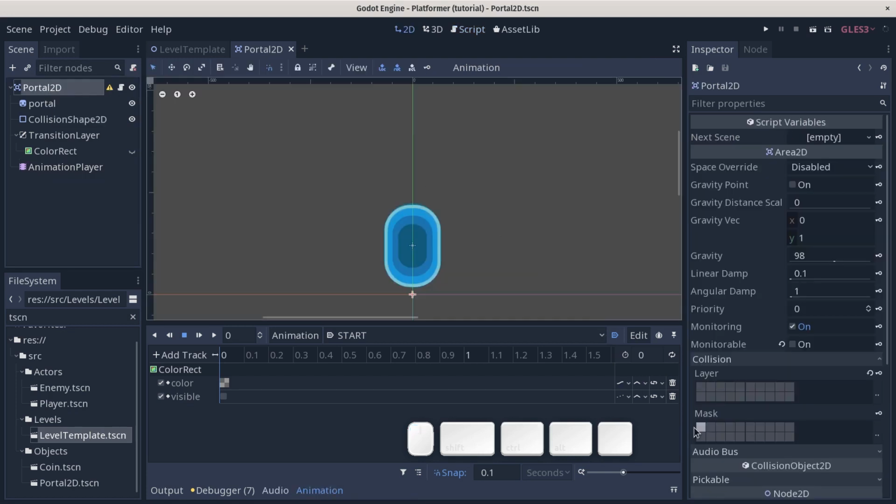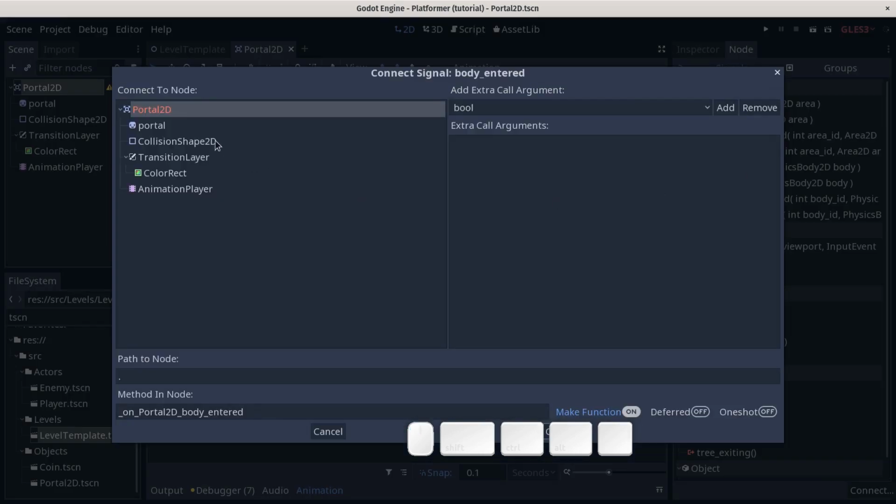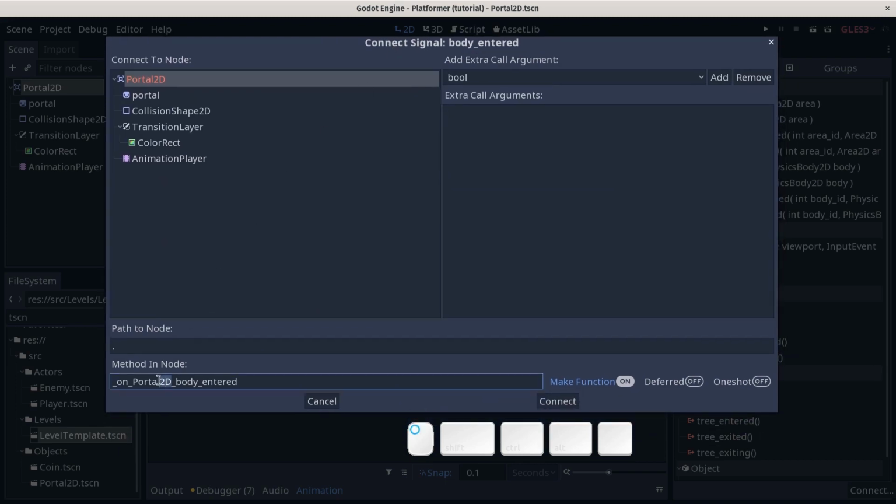So our portal is set to detect when the player collides with it. If we go to the Node tab, we can use the body entered signal and connect it to the portal itself. Once again, just like with the coin, because we're connecting the node to itself, I'm going to call the method in the node